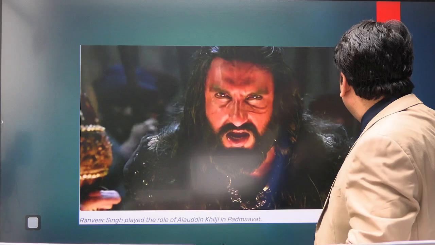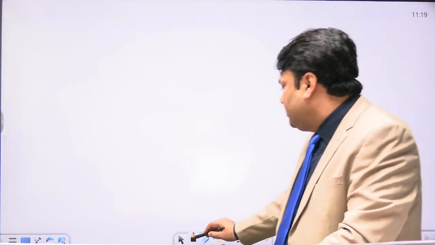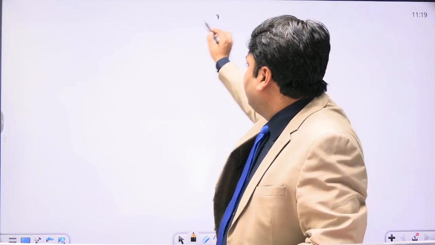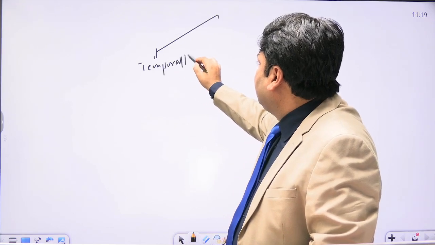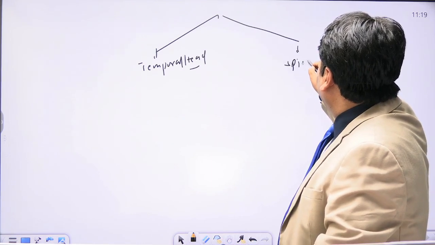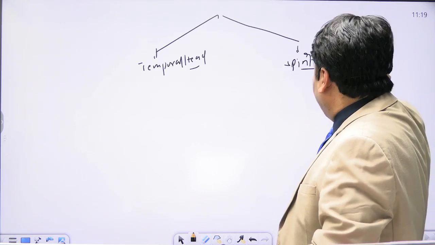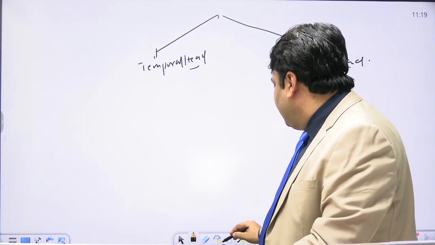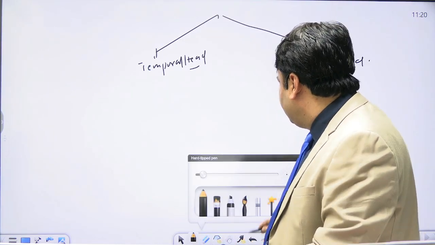Okay, this is a theme of history, that what we see is that the leadership had been shared by two groups of people. One was the temporal head of the state, and the second was a spiritual head. So the leadership was shared by these two groups, temporal and spiritual head. This is the point: your leadership has been shared.